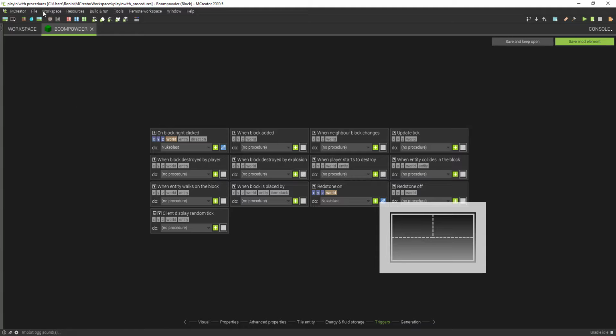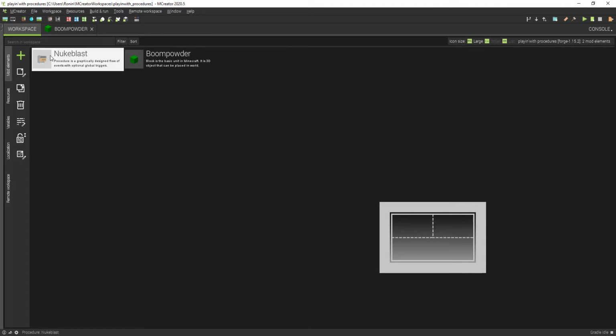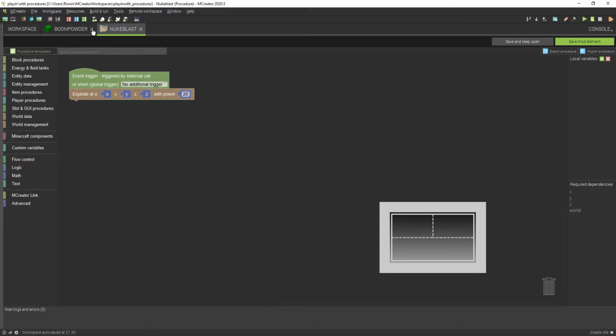When this is powered by redstone, it does the procedure nuke blast. And when it's right clicked, it does the procedure nuke blast. The procedure nuke blast just